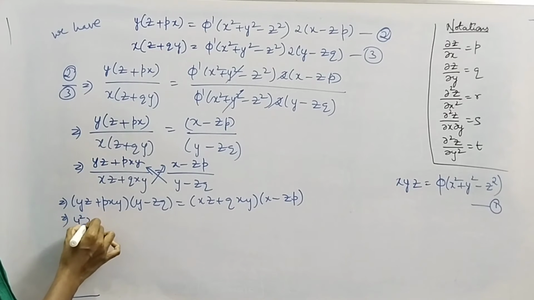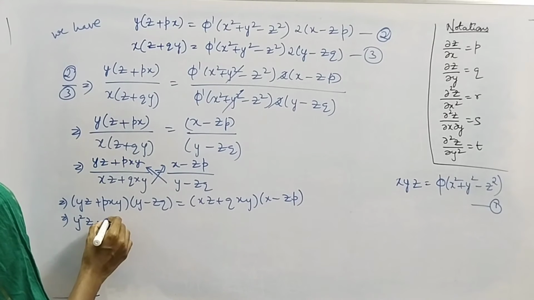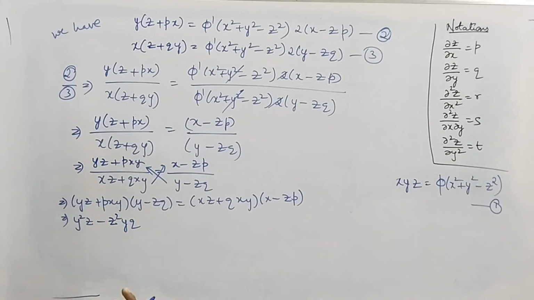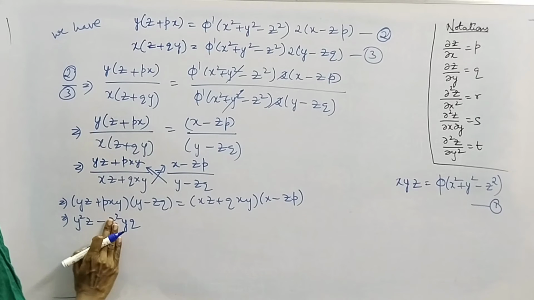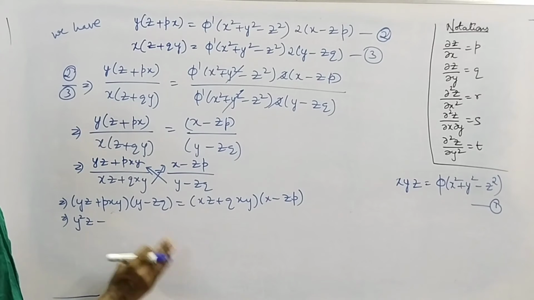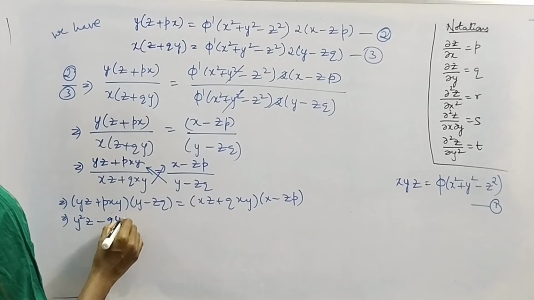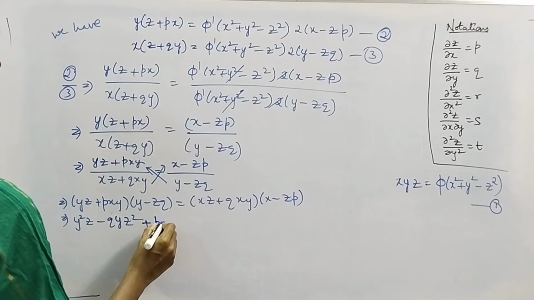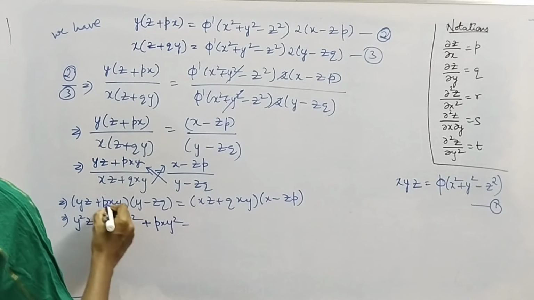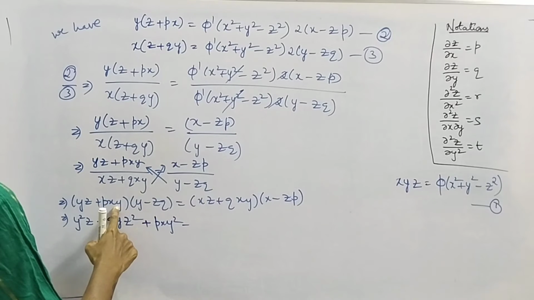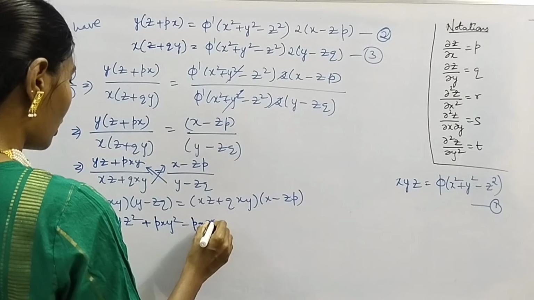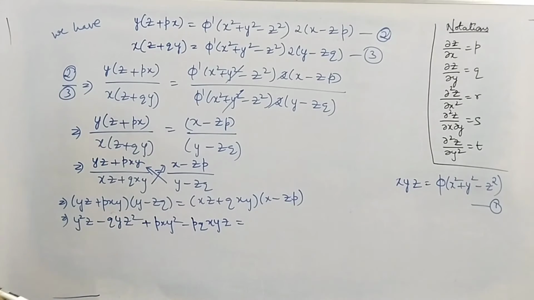yz into y is y square z, yz into zq minus z square yq, or you can write this term as qyz square. Then pxy into y is pxy square, plus into minus minus, qxy into zq is pqxyz, equal to